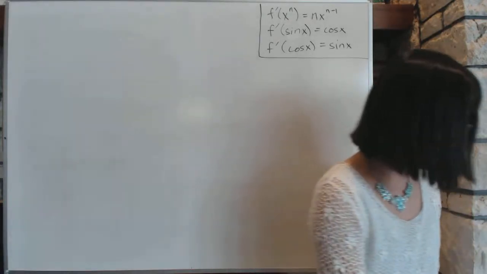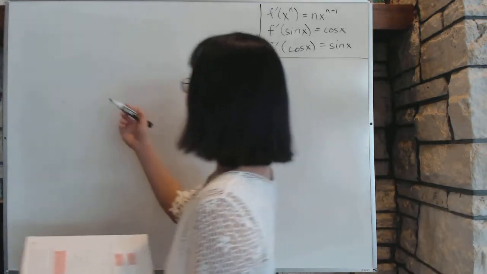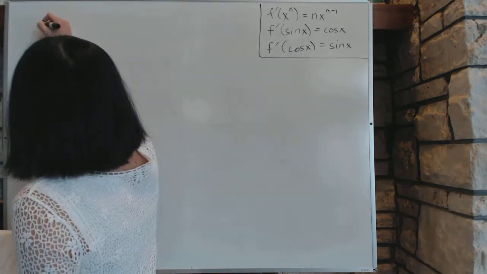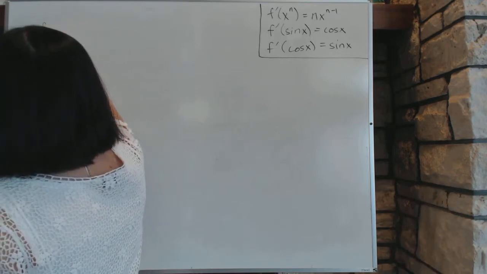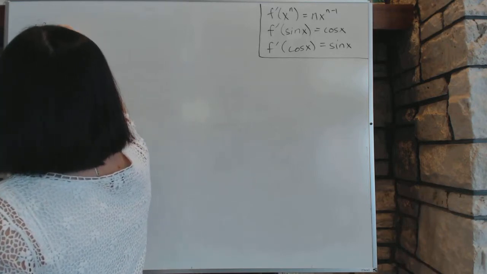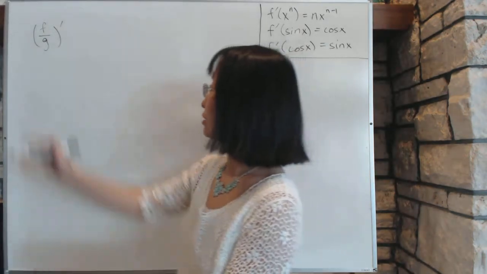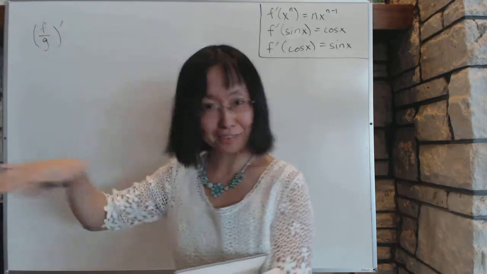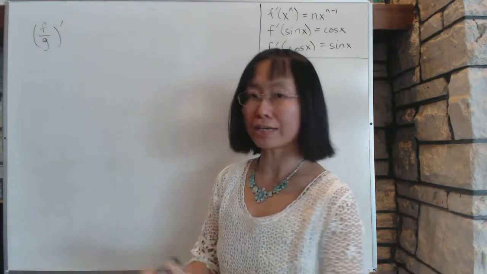Section 3.4. We're going to do the derivative of quotients. Suppose you have a function f divided by g, and you want to take the derivative of the quotient. How would you do that? Now, unfortunately, it doesn't simply equal taking the derivative of each and doing the quotient. But it doesn't work that way because of